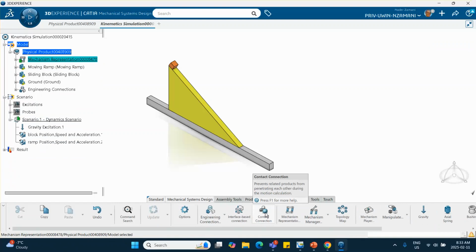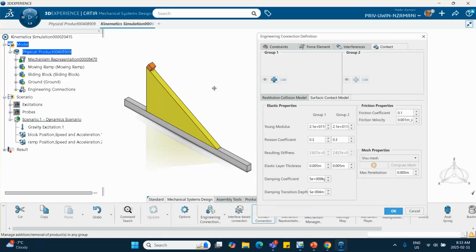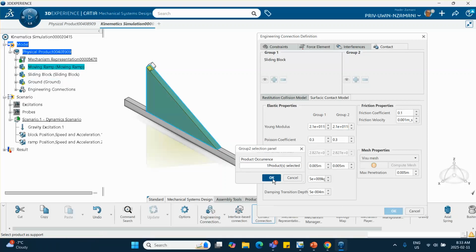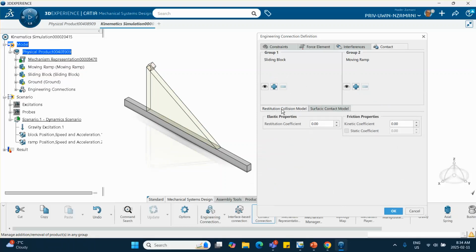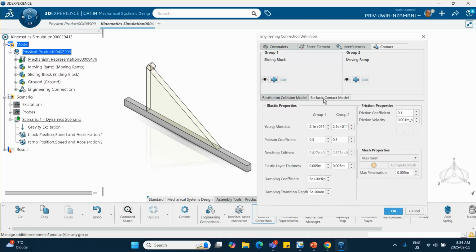This is where we can create our contact. So you click on the contact connection. Let's first do the one between the block and the ramp. So here, plus, select the block. And on this side, plus, select the ramp. So this first one is going to be between the block and the ramp. And because this is a surface contact that we've got, we're going to be using